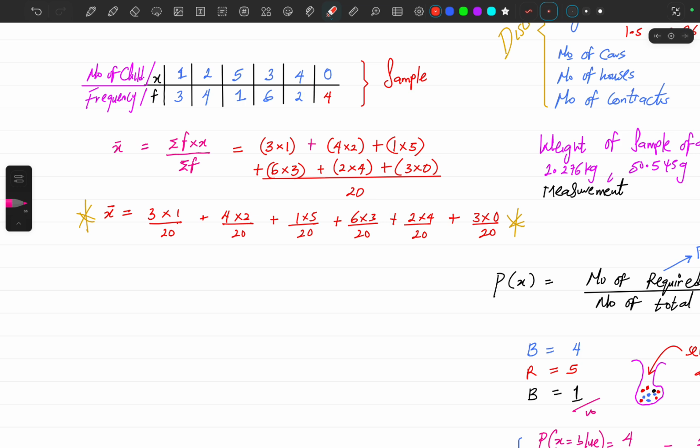We do this in secondary school very well, in our colleges. Now, how does this work? If I am to walk into a house, what is the probability? We carried out this sample on 20 different houses, and in fact, that is our summation F, 20. If you didn't watch the previous video, go watch the first video where I talked about how this sample came about. In that video,